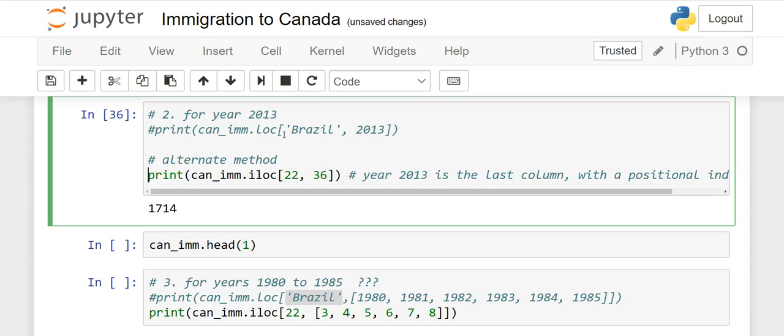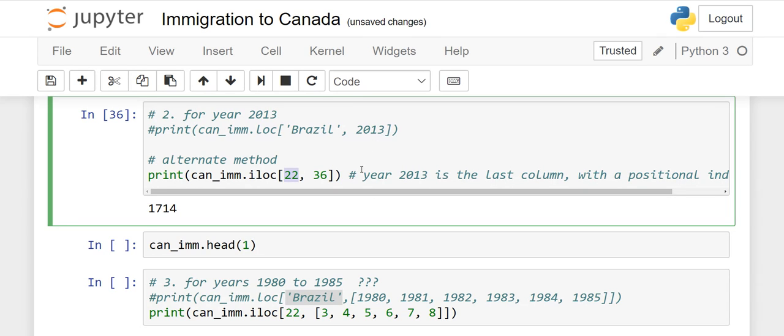Okay, now print, same thing here. If you are using loc, it is easy: write down the name of the country, comma, the year. But if you are using iloc, here Brazil is on the 22nd index, and 2013 is the 36th index, because there are 38 or 39 columns. Initially we had 43 columns, 5 or 6 were dropped. So what is remaining?